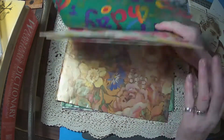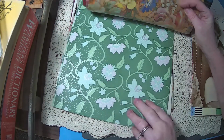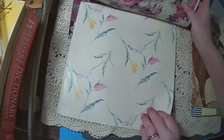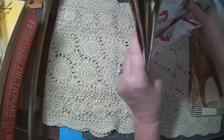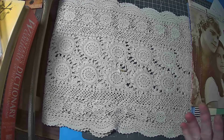And then here's some that are floral. The screen one's kind of pretty. So, pretty cool. Not that I need to be getting any more stuff, but